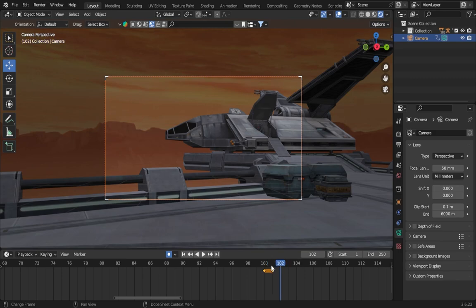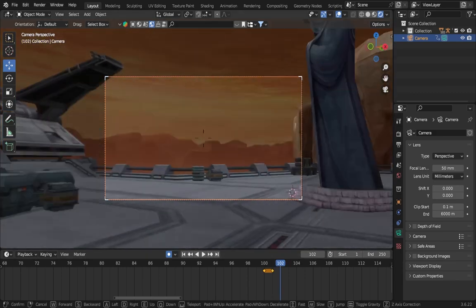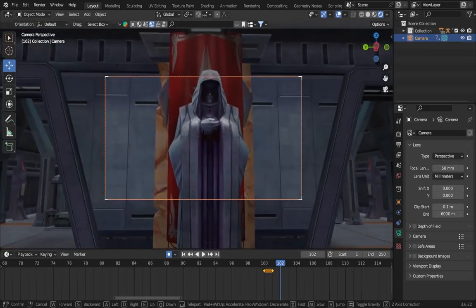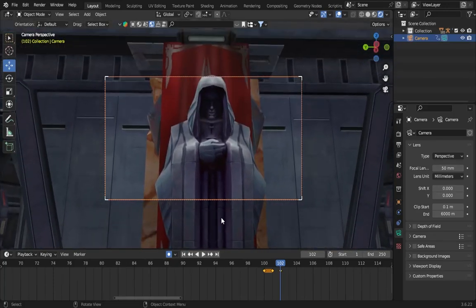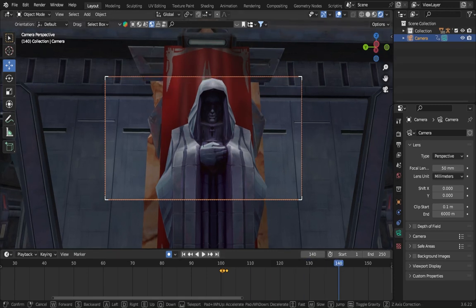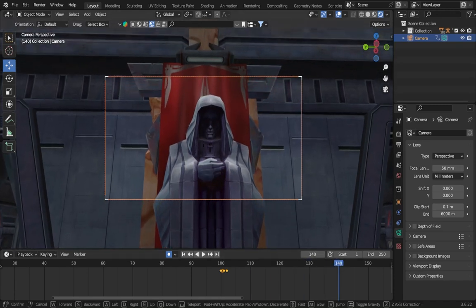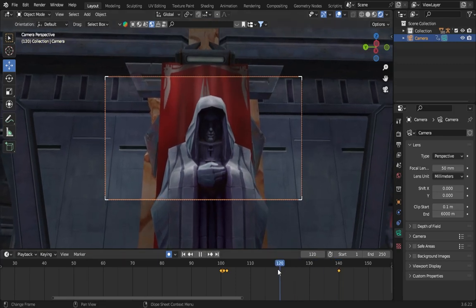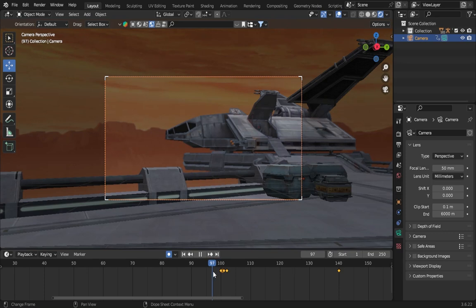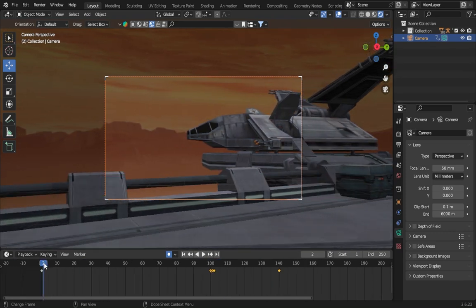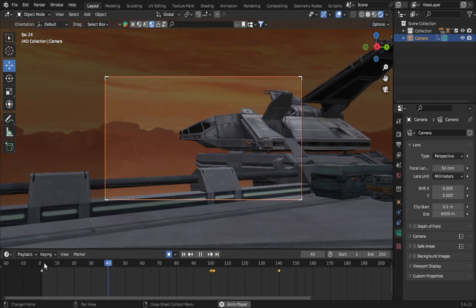And then we're going to go one frame after that, and then you can put your camera wherever you like. So I want to get a cool shot of this statue. Like that, and then again we can just move up in the timeline and then just pan our camera like that. So as you see now our camera changes, and we're only using one camera to do this. So if I play this back in real time,